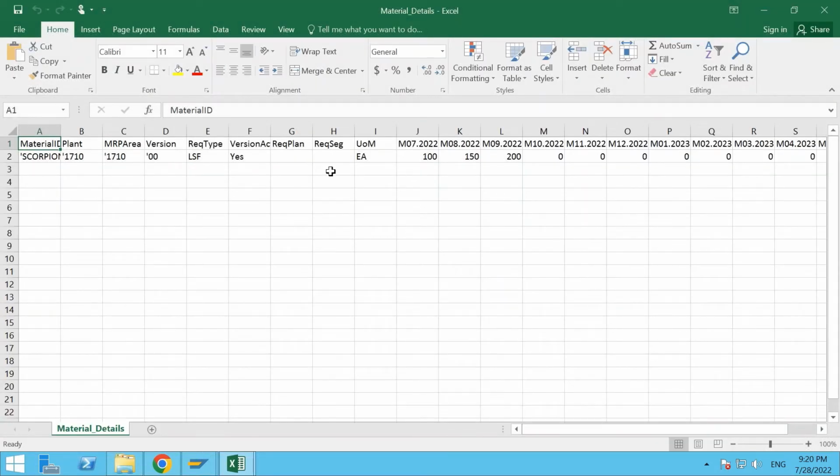So this is the format in which you have to upload the data. Now I want to upload more data. I can say 300, I can say 500, I can say 600. Okay, and I can click on save,